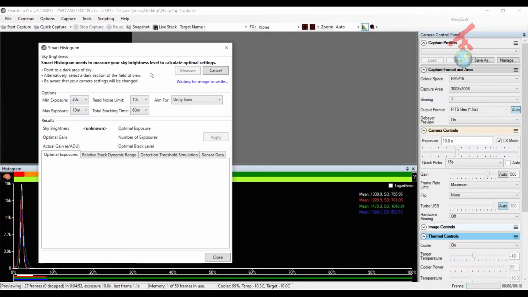Now this should not take very long since I've already completed the sensor analysis. It knows about the 533. So we'll wait for this to settle. It's going to take a series of exposures at different gains. And then it should come up with my